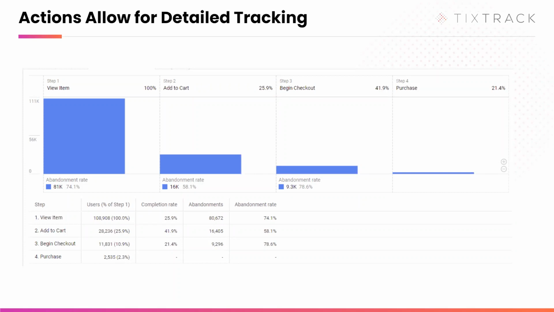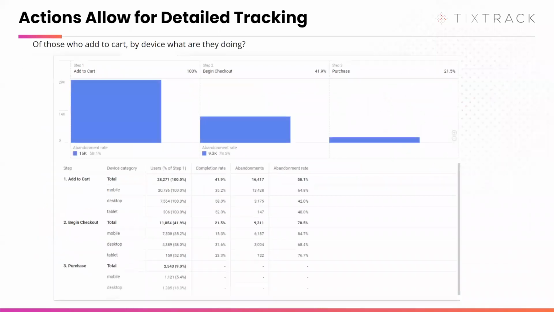The other side of this is, hey, that's great, but view an item, a lot of people view items they have no intention to buy, so 74% abandonment didn't really scare me. But what if I actually wanted to see when someone gets to the cart, and then see maybe by product or by type of device that they're coming on? Do I see more of a drop off on mobile versus desktop? And these are things that we are always tending to look at, trying to understand what these confusion points potentially are.